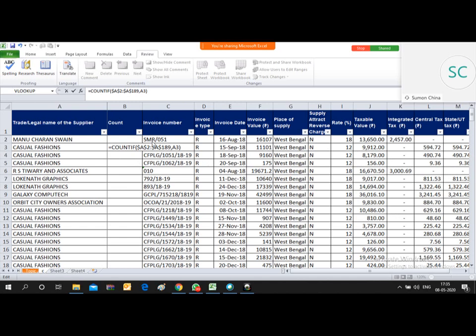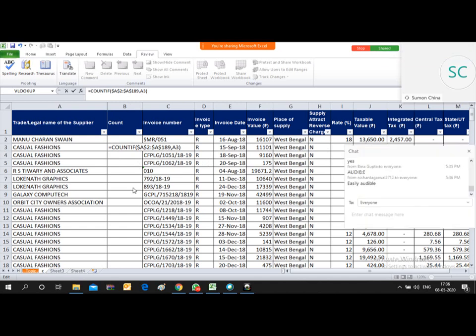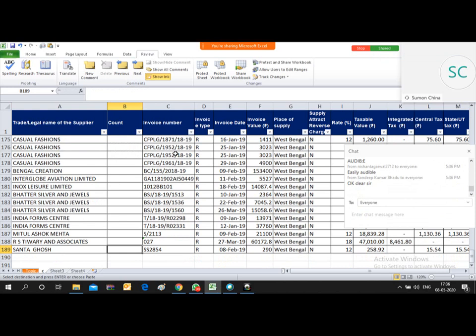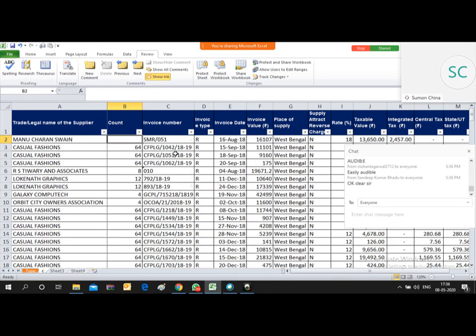Friends, I need to freeze the range, so I have frozen the range. Now just copy this formula and paste it in the entire column. Now you will be able to see that Casual Fashion is appearing 64 times, RS Tiwari is appearing 8 times, Loknath Graphics is appearing 12 times.